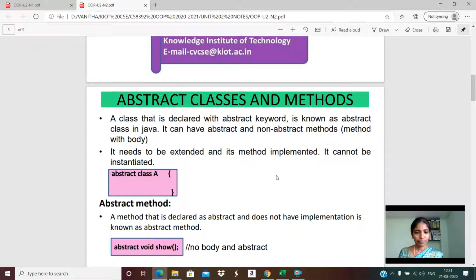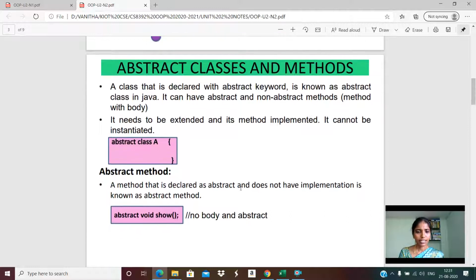An abstract method is a method declared with the keyword abstract, and it does not have any definition because we have declared it with the abstract keyword. So it is the abstract keyword followed by the return type and method name, and at the end of the statement we need to have a semicolon.